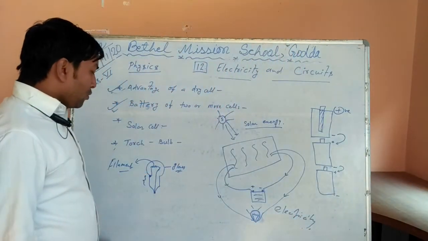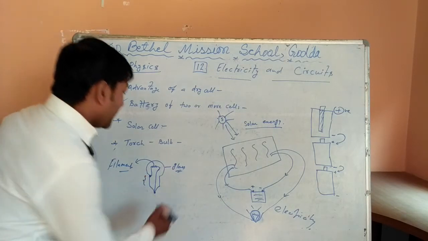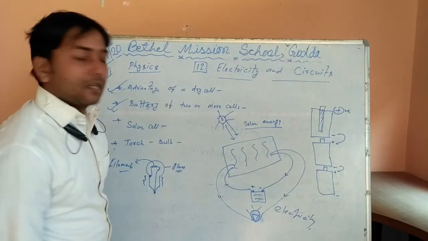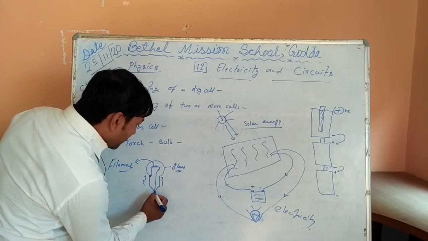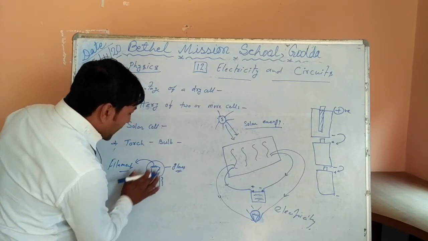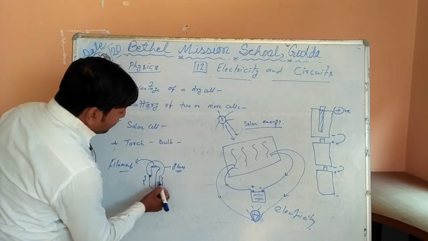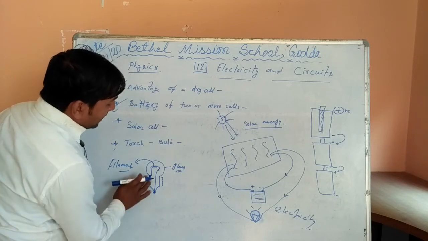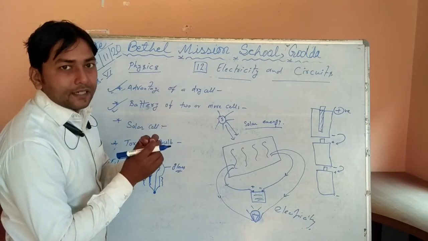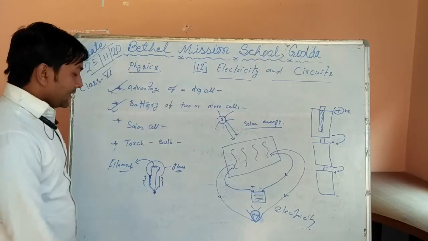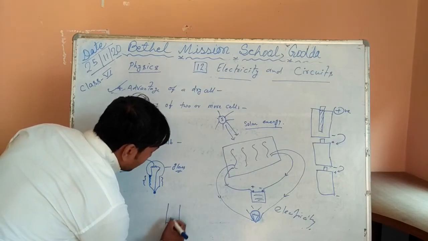So one is taken from the base and the other from the case, and this is made of insulators. One is taken from the bottom and the other from the base. This is made of insulator because the two wires should not connect to each other.